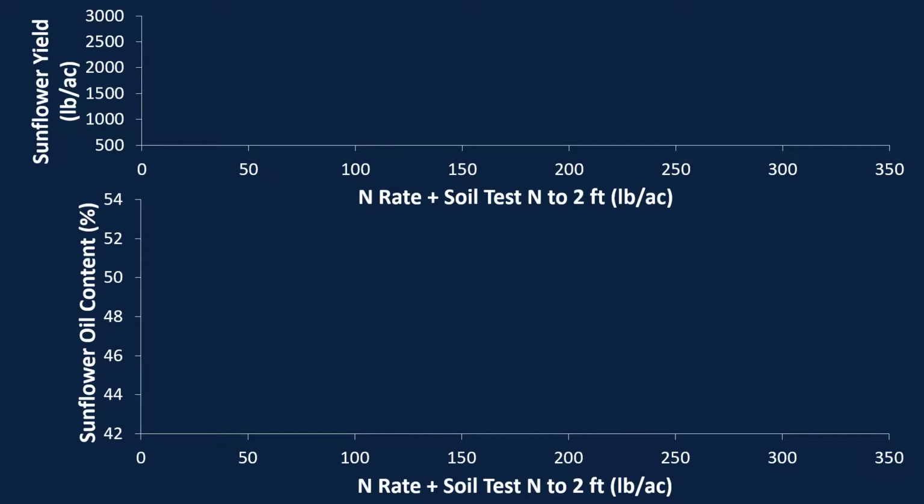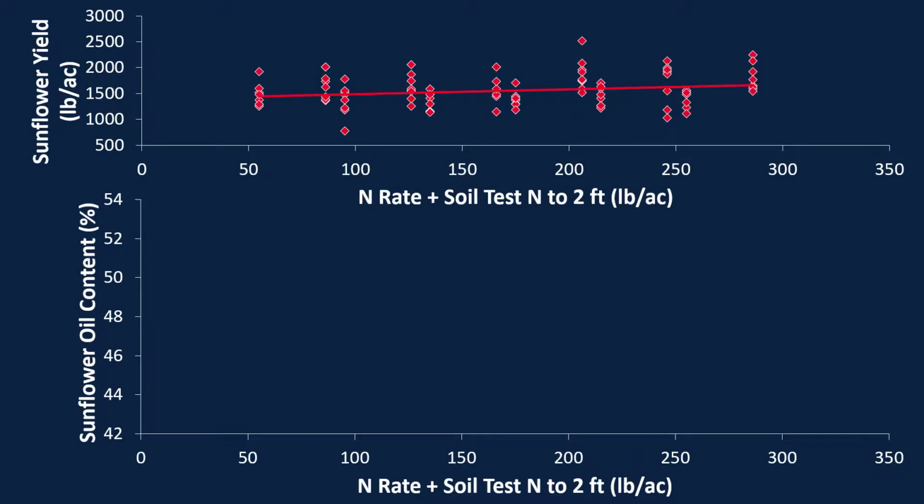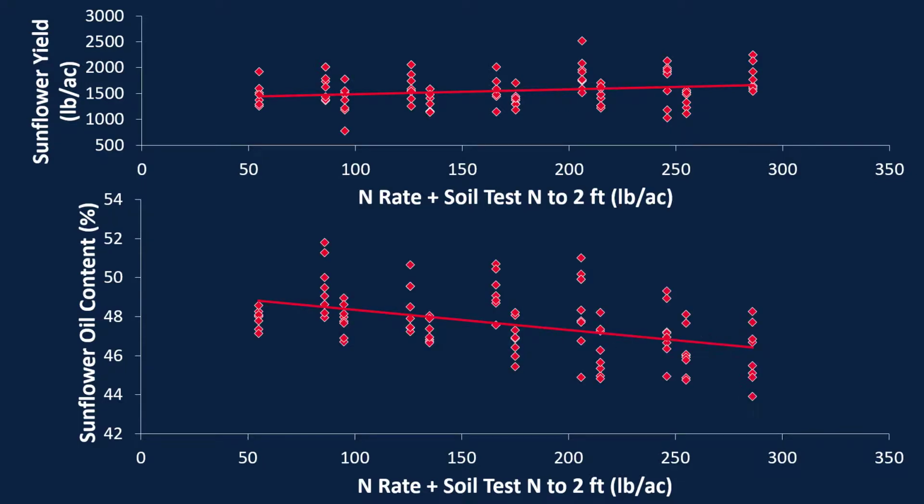So now what? What do we do with all this information? Well, if we look back, we generally saw an increased trend in sunflower yield with increasing nitrogen availability in soil. However, our sunflower oil content decreased. We had a higher percent chance of lodging, and we had a higher disease susceptibility as we increased our nitrogen